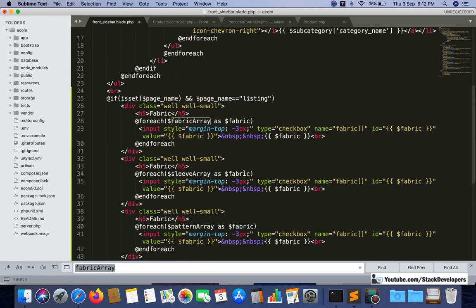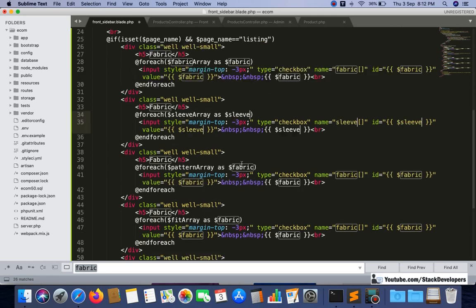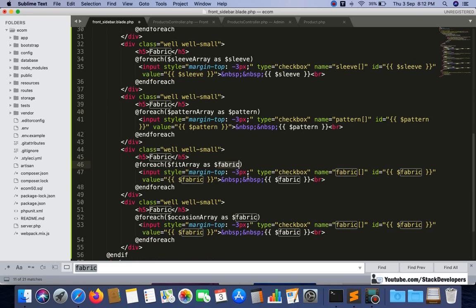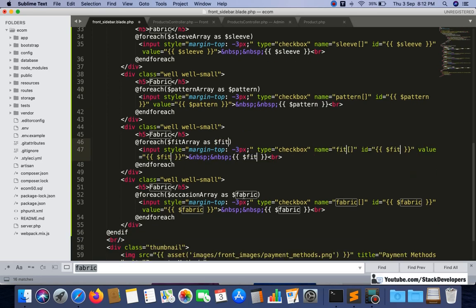Okay, so here I will use the sleeve for all. Sleeve, pattern, fit, occasion, and this occasion we are going to use here as well.